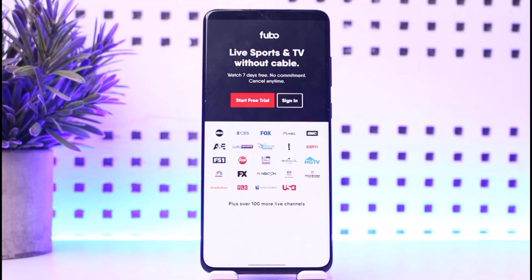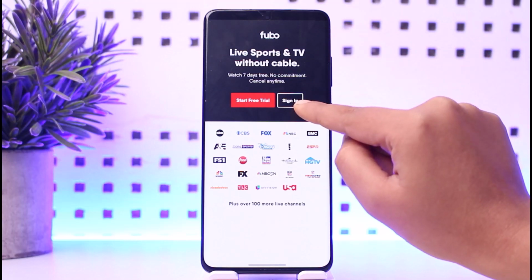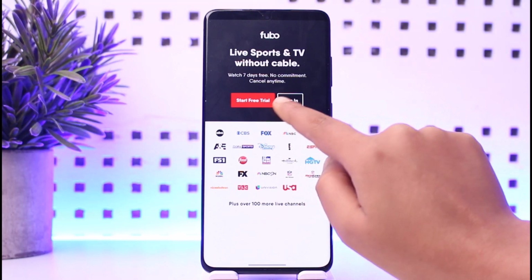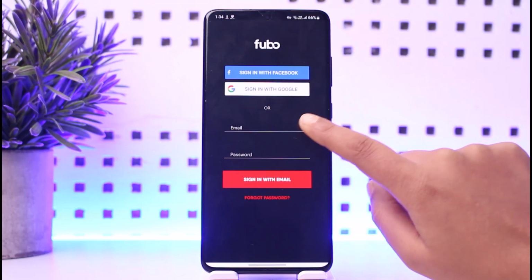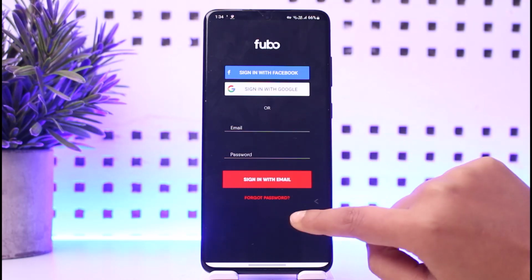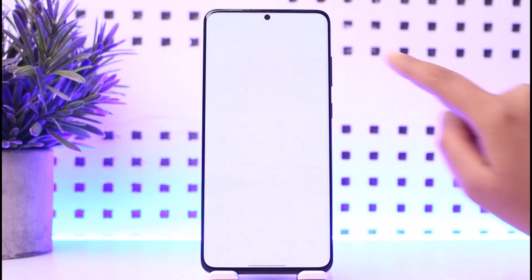For that matter, what you have to do is first of all access the Fubo app on your mobile phone and tap on the sign in option given, or you can simply tap on start a free trial. If you go to the sign in option, you're going to enter your email and password and tap on sign in with my email. And if you tap on start free trial, it will simply open up a tab for you